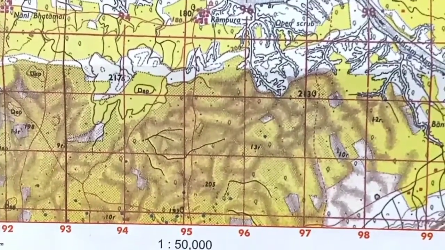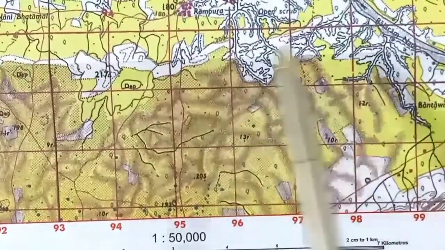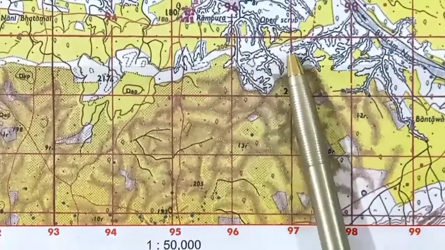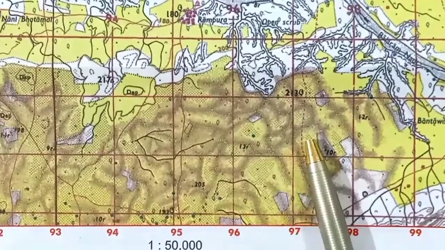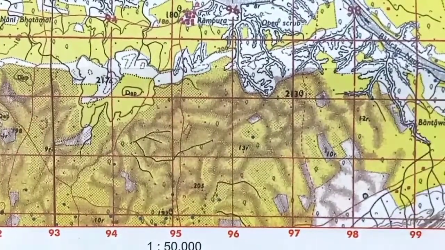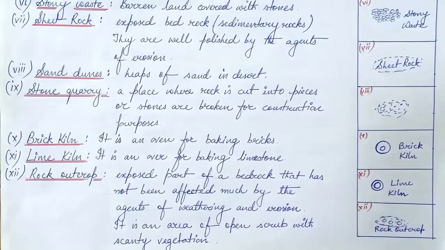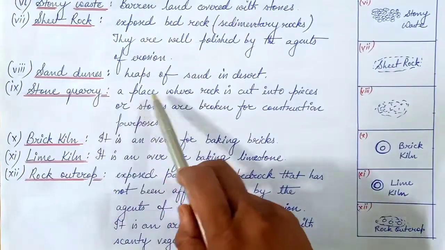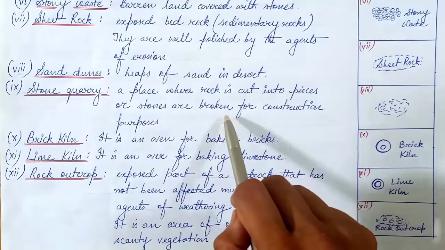As you can see in this extract, a large portion has been occupied by the agent of erosion, that is wind. Wind has restructured this area. It has deposited sand all over, and sand features are very prominent in this part of the extract. The other features are stone quarry, a place where rock is cut into pieces or stones are broken for